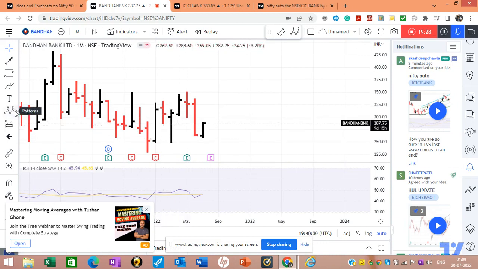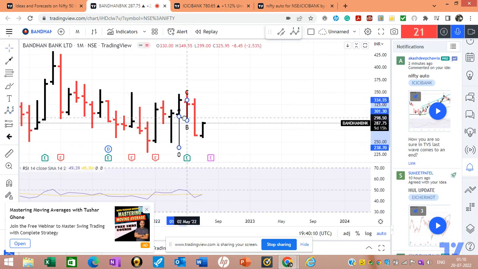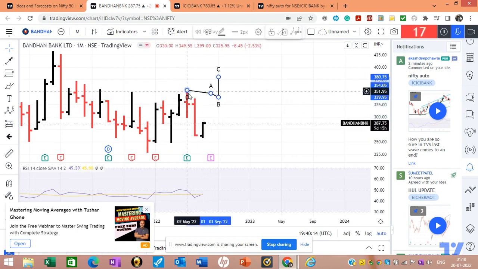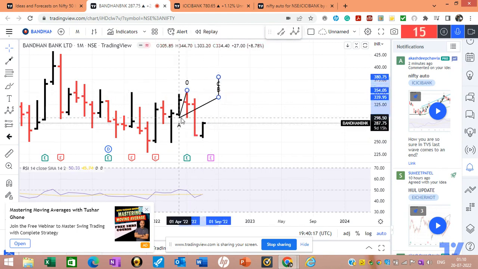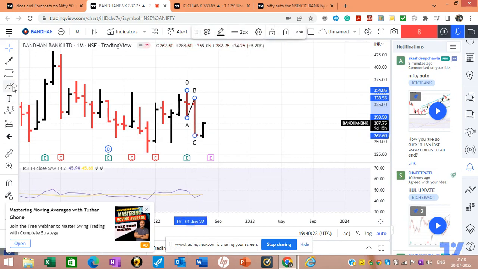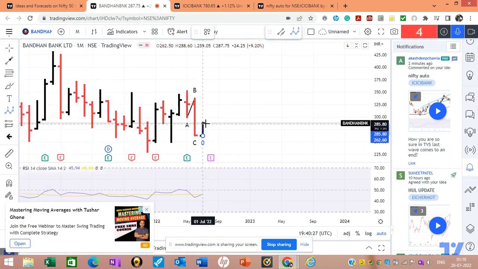Okay, there's a flat correction. A, B, and C, like this. A, B, and C. The same thing is happening here in reverse. A, B, and C, and we will have a five wave move up. One, two, three,